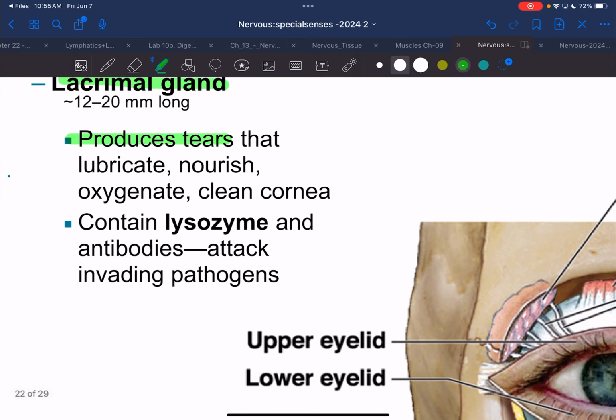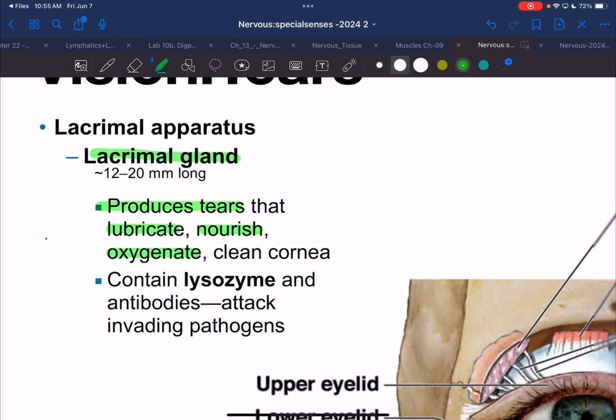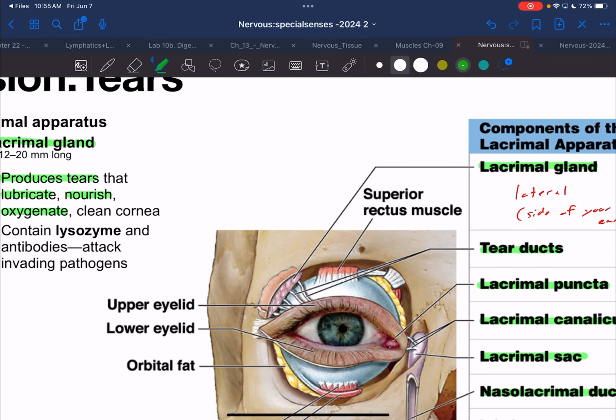And these tears are there not only for crying and emotions, but to lubricate the eye, nourish the eye, and it even contains oxygen, because there are no blood vessels on the cornea. That's how it delivers oxygen, through the liquid secreted by your tear ducts, because it doesn't have capillaries on the cornea, which is a pretty interesting fun fact about that. And then it also contains